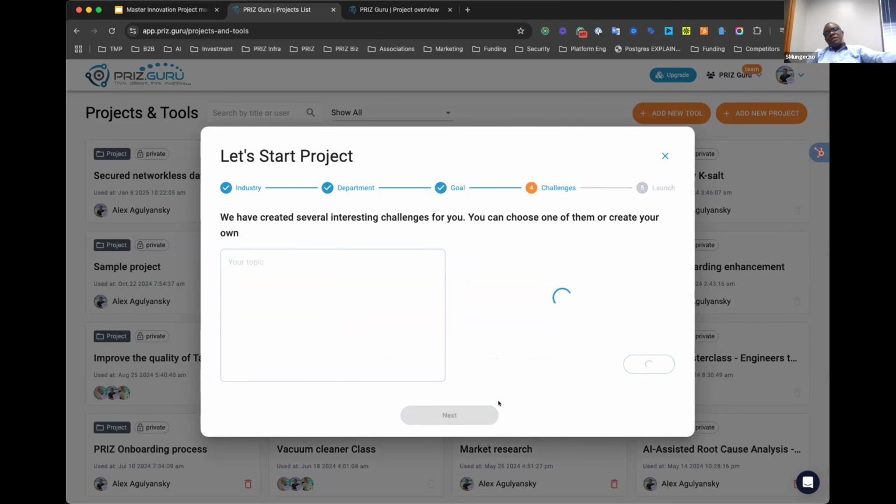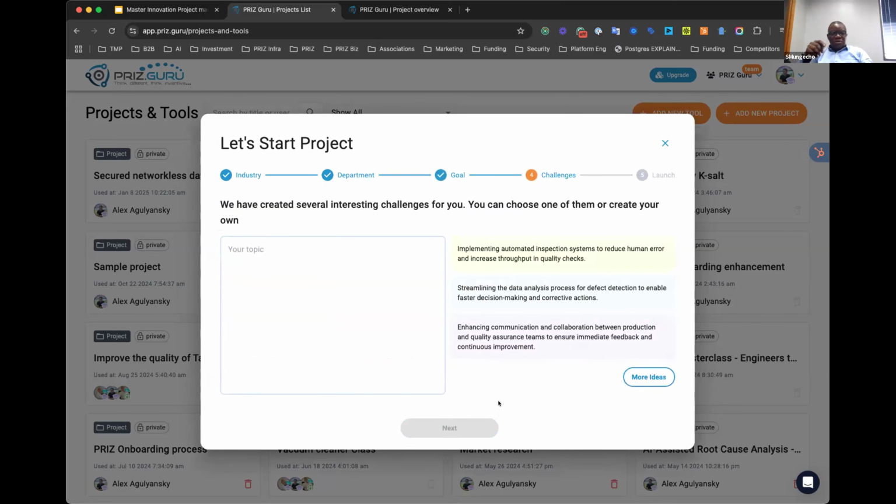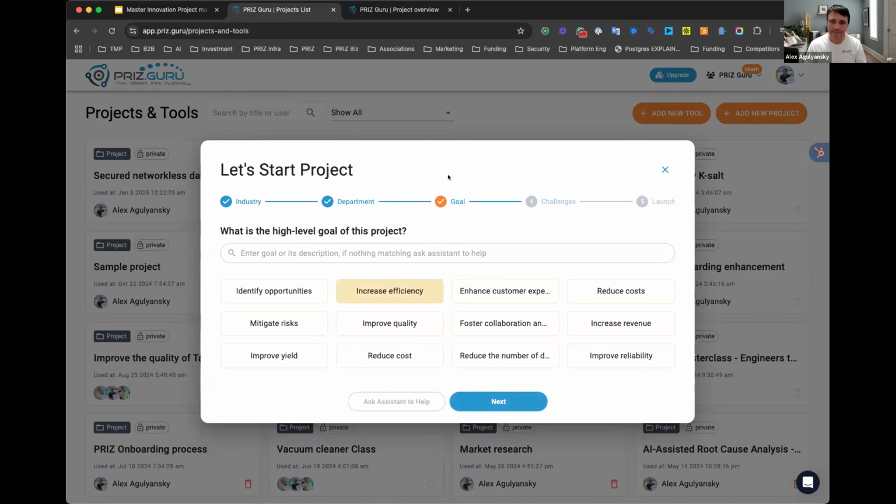Alex, on your goal selections, when you go back to the previous screen that you just looked at, can you only select one goal or objective at a time, or can you select multiple? Let's say, for example, I want to increase efficiency, but at the same time, I want to improve quality as well. Could you select both at the same time? You don't, and there is a very good reason for it.